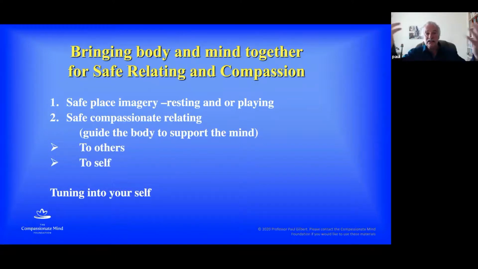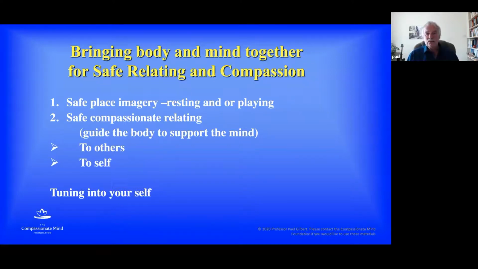It's the rest and digest system. A place of safety, we close the doors and we just want to hide away. That's the threat system, trying to settle the threat system. Place of safeness is where we feel open, safe, okay, free. We can move around. We don't have to have a worry. So just be clear then that when we do a safe place, we're focusing on this freedom.